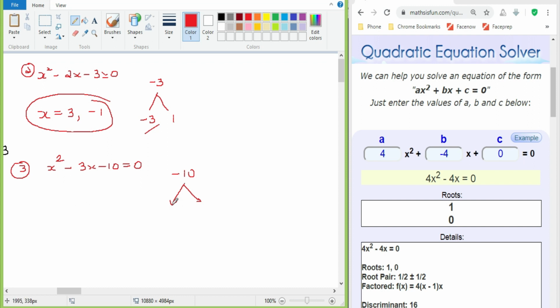Which are those numbers? By factorizing I can get 5 and 2. Here the summation should be minus, then whenever the summation is minus over here, you have to take the bigger number as minus. Got it? When the summation is plus here, at that time you have to take the bigger number as plus. That's the only simple concept you need to understand, guys.